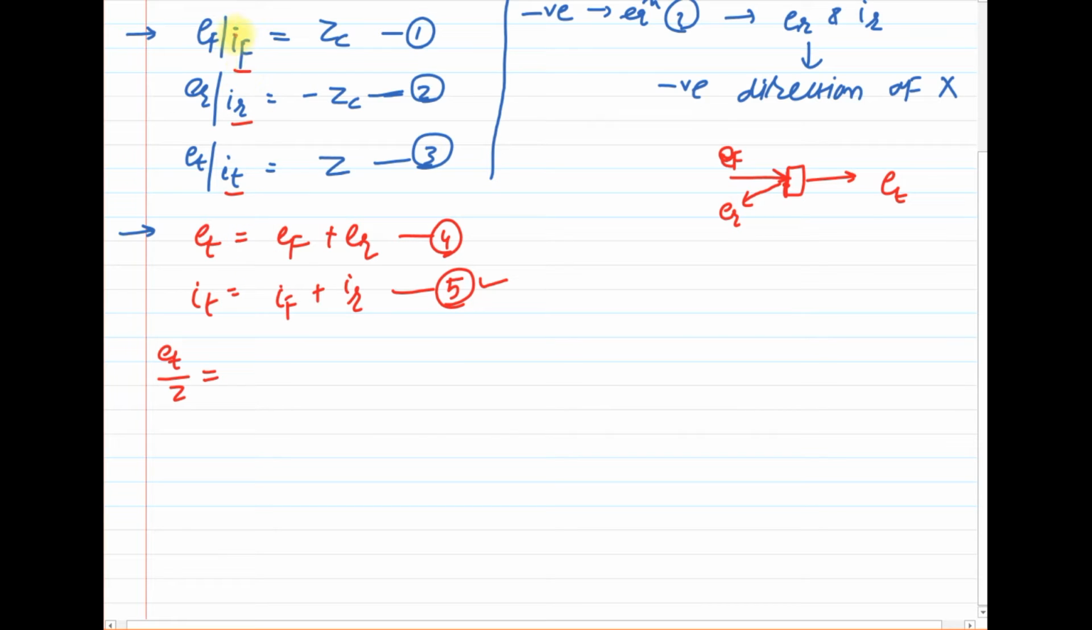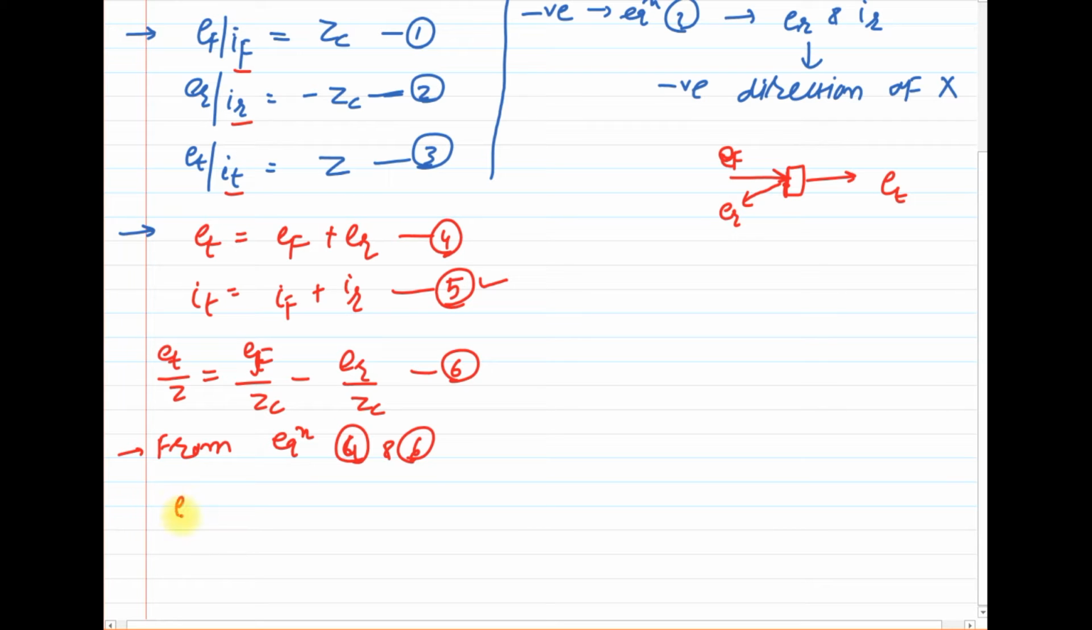Now instead of IF we can write EF upon ZC, and in the same way for IR, which is ER divided by ZC. This is equation number 6. So now from equation number 4 and 6 we can write,